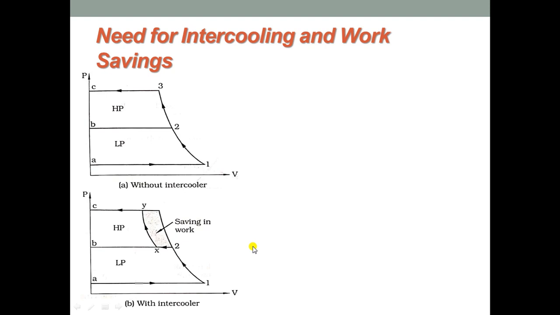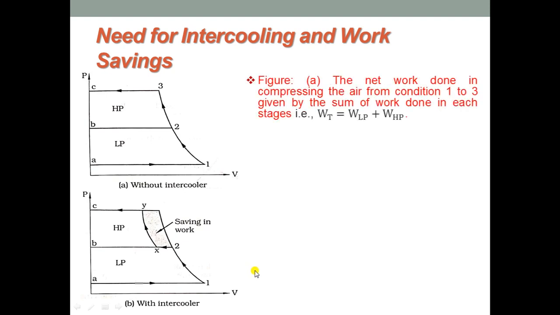In a multi-stage compressor, the air is compressed in succeeding cylinders, and as a result the temperature of the compressed air increases to higher levels after every stage. It is important to note that the pressure of compressed air is an important requirement and not the temperature. Thus, the temperature of air needs to be reduced, and this is achieved with an intercooler.